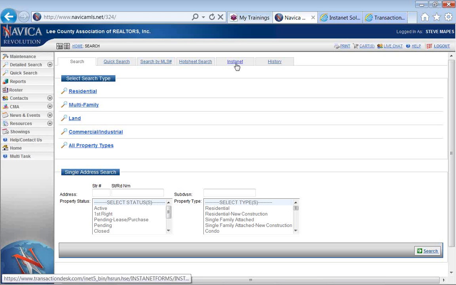Accessing your NavicaMLS account, you've proven yourself as an active member of the MLS and board, so you have access to your TransactionDesk account as well. Single sign-on, one click to log directly into your new member benefit, your new TransactionDesk account. Single sign-on. When you click there the first time,